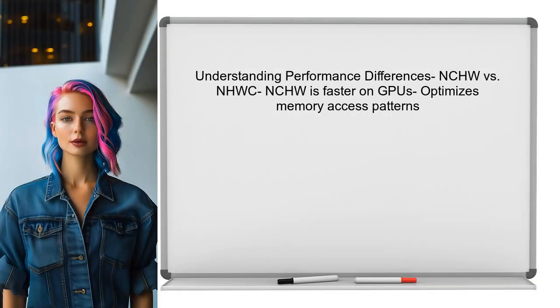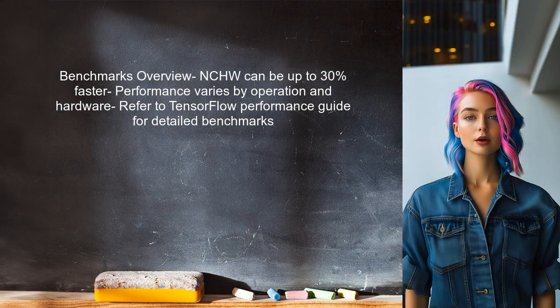To understand the performance difference between NCHW and NHWC formats in TensorFlow, the user should first look at the nature of convolution operations. NCHW format is generally faster on GPUs because it optimizes memory access patterns. Next, the user should consider the benchmarks available for these formats. Various studies and benchmarks indicate that NCHW can be significantly faster, often showing improvements of up to 30% or more